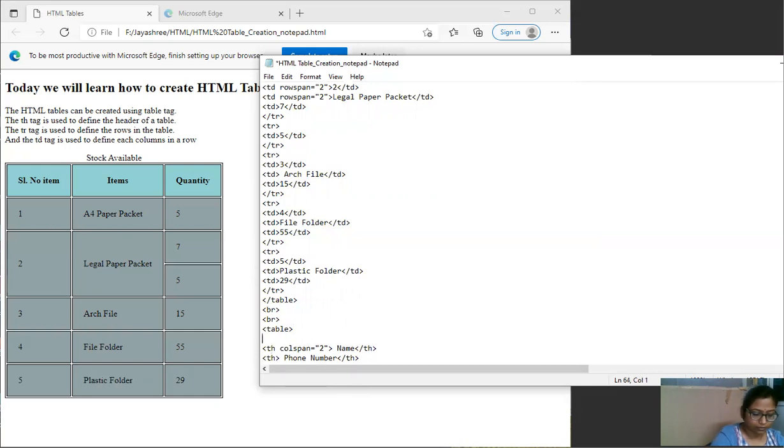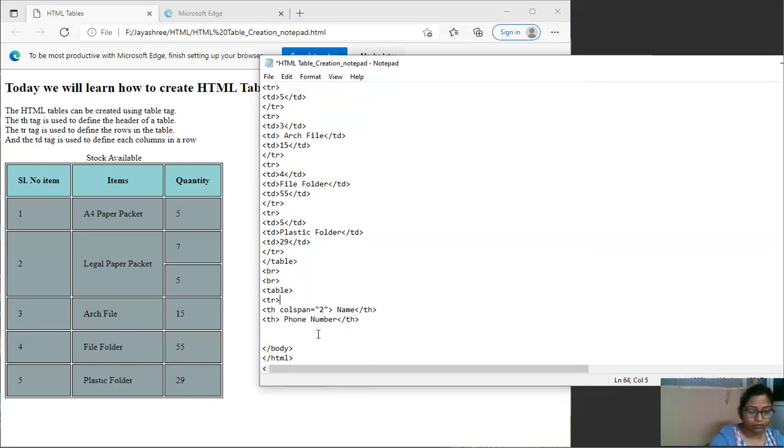This should come inside a row. Here. Now we will have another row consisting of name, say Jack, and suppose the surname is Jill. I think I give appropriate names so that you understand.